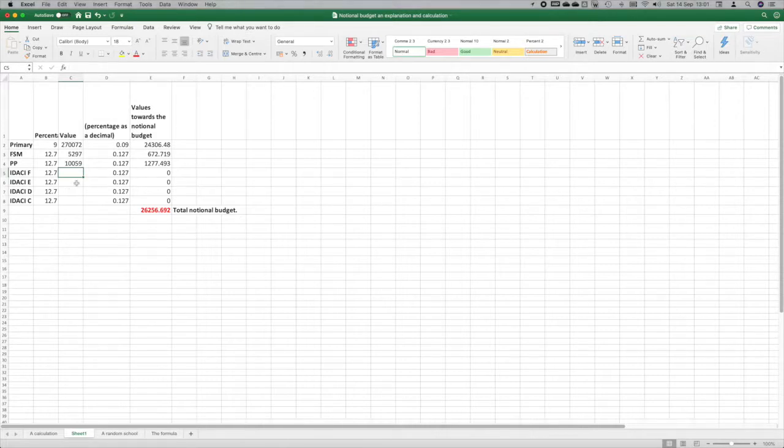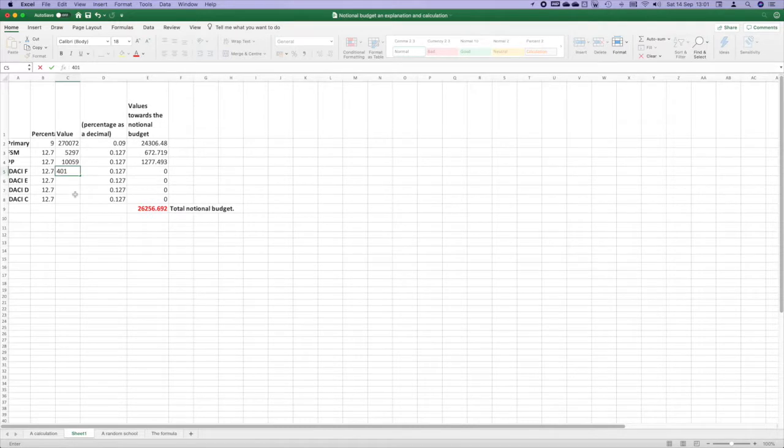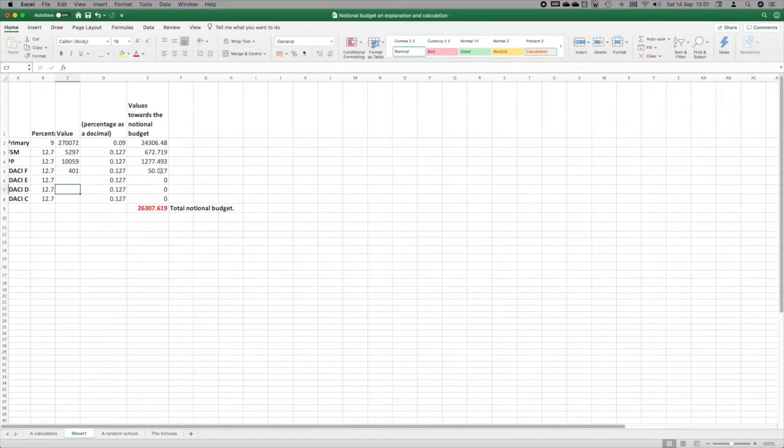£1,277. And if you remember, we had those Darty bands, and it was a very unusual school in that we only had 2 children. They were in band F, and that was worth £401 to the school as a total value, of which we're going to put an extra £50.93, let's call it, into the budget. And that gives us £26,307.61. Very helpfully usually rounded up to